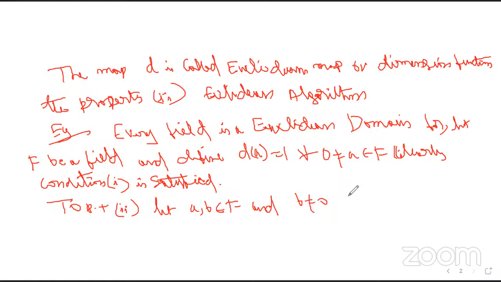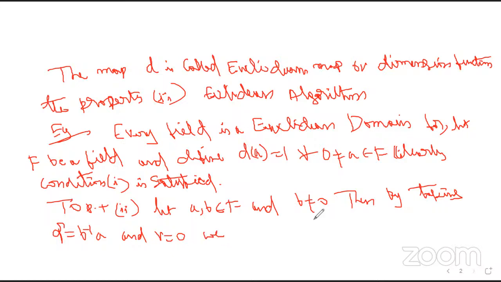Then by taking Q equal to B inverse A and R equal to 0, where R means remainder,